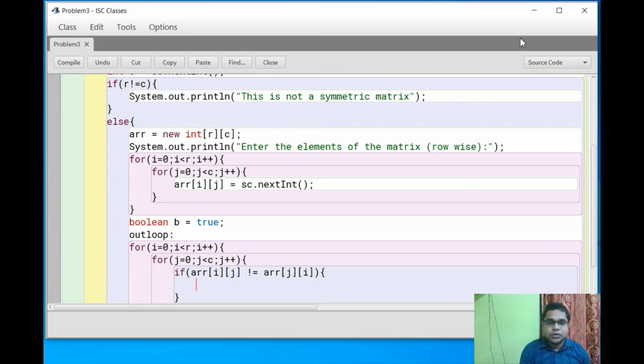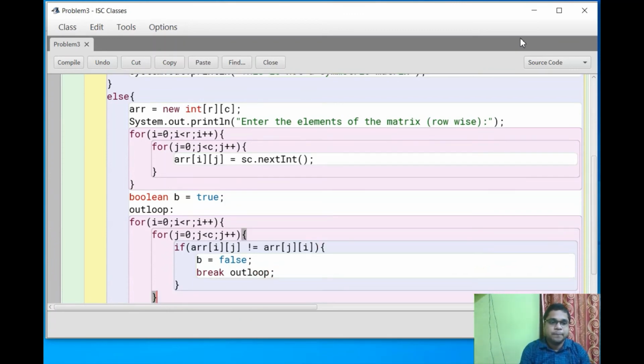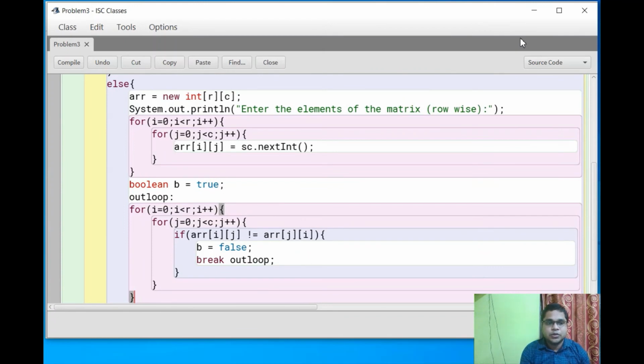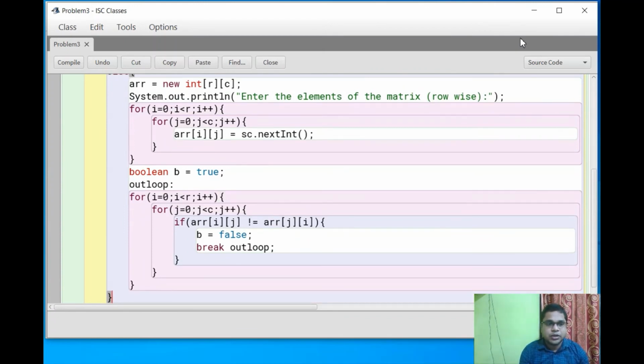If it is not equal, then simply the matrix is not symmetric. So here I change the boolean b to false, then break. I am giving the break statement to the outer loop. Now your outer loop is closed and the inner loop is already closed.